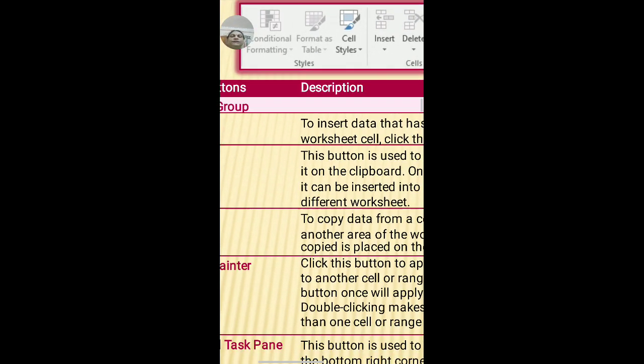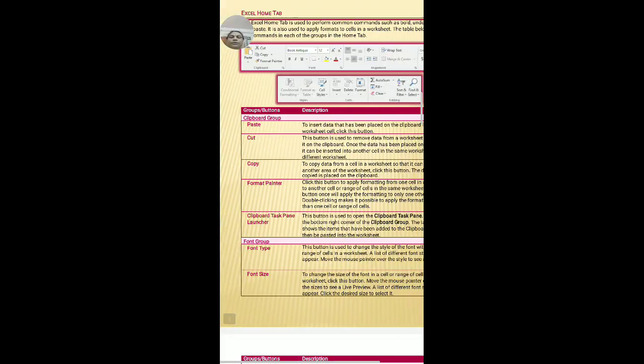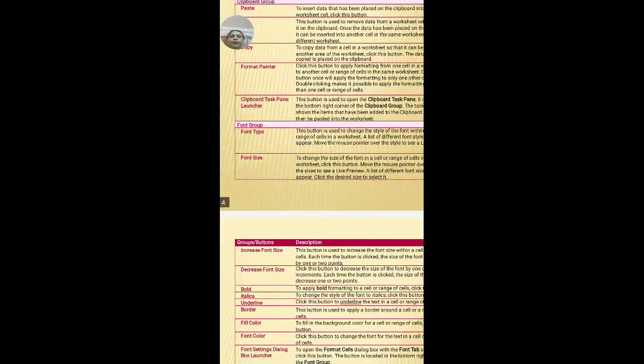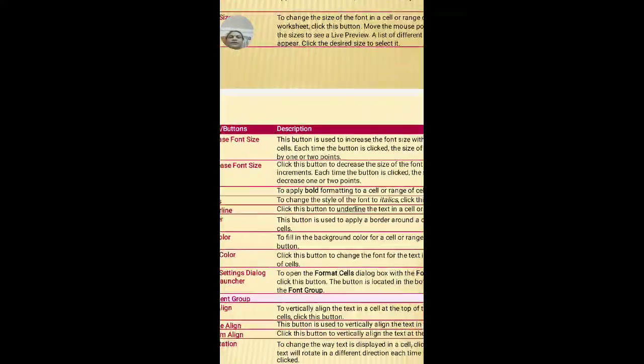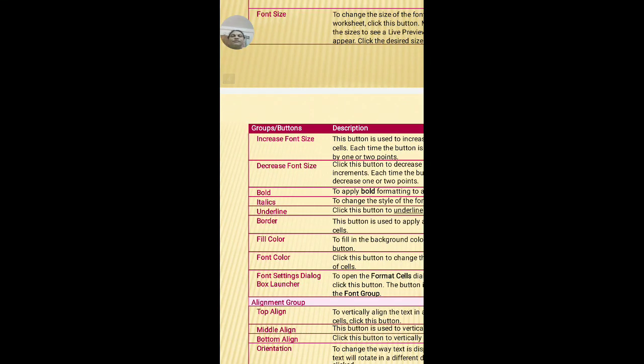Font type, font size, increase font size, decrease font size, bold, italic, underline, border, fill color, font color, then the font settings dialog box launcher. You can see that is the arrow. The arrow is nothing but the font settings dialog box launcher.